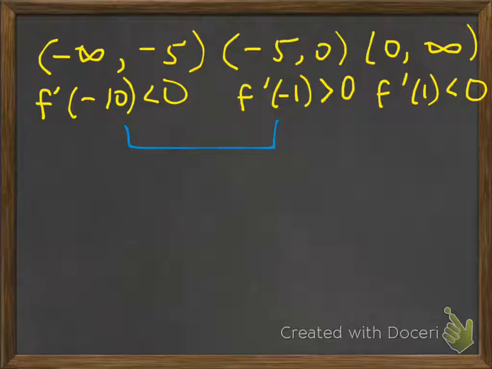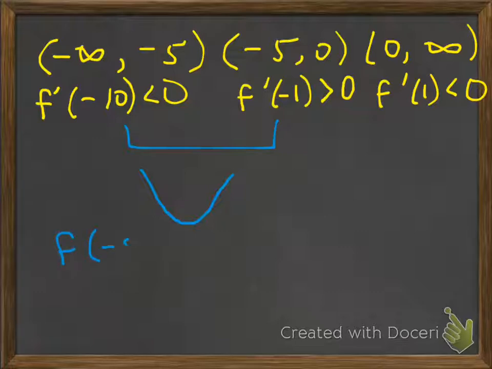So we see that the derivative is negative before negative 5 and positive after negative 5, which means the function f has to be decreasing before negative 5 and then increasing after negative 5. And so we have a relative minimum happening at x equals negative 5. So